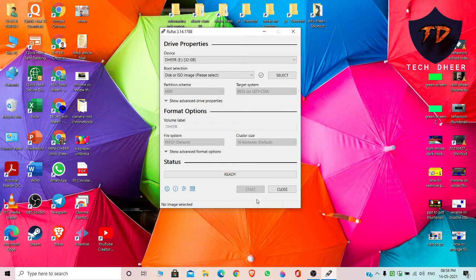I keep it as default, and then it will show you ready, fully green over here, and then the start option. You have to click on start, and then it will take the time it needs, and then your USB drive will be bootable, and then you can close the software from here.